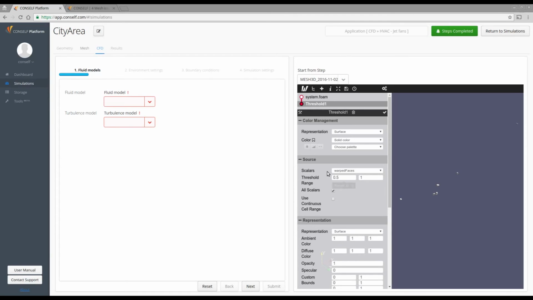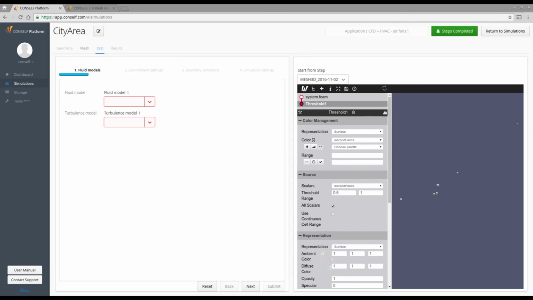We can color them by this value, and so under the menu color, let's select warped faces and click apply, then reset the range from 0 to 0.01. This way everything that is higher than 0.01 will be in red. So here you see our problematic regions, and in order to find out where inside our grid they are located,